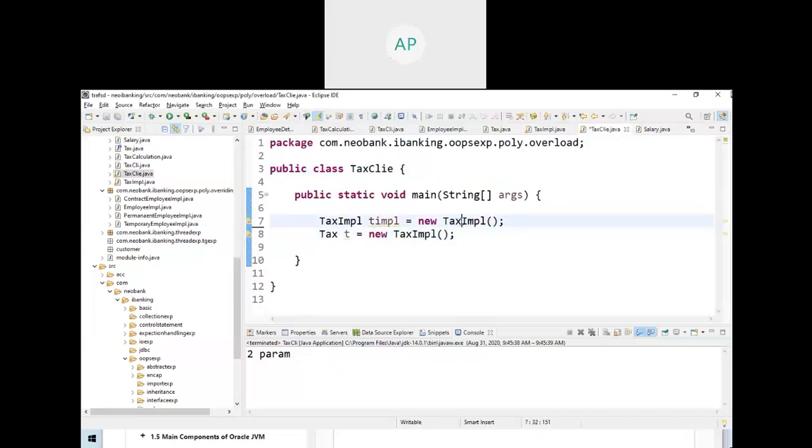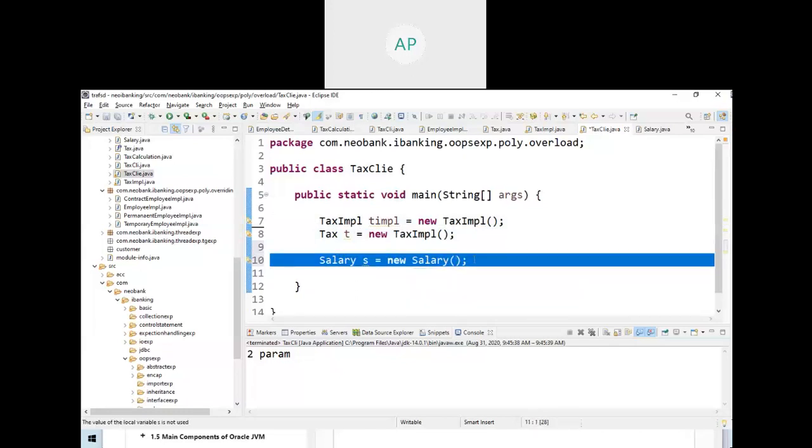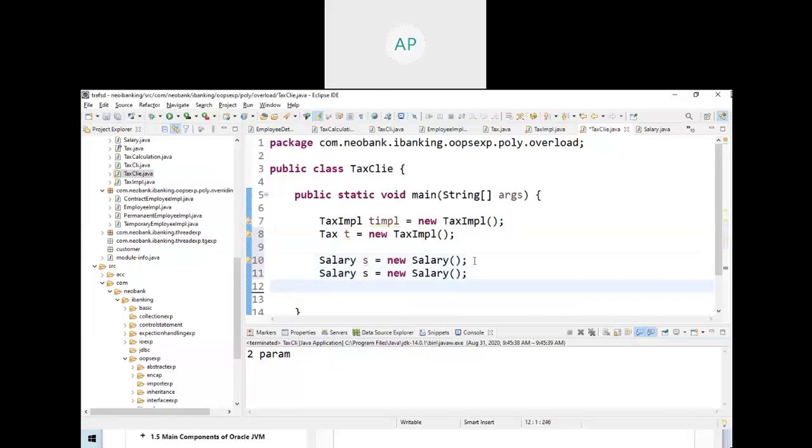TaxClient here. For TaxImpl, I can create in two ways. Same way for Salary: Salary equals new Salary. Either way is good.